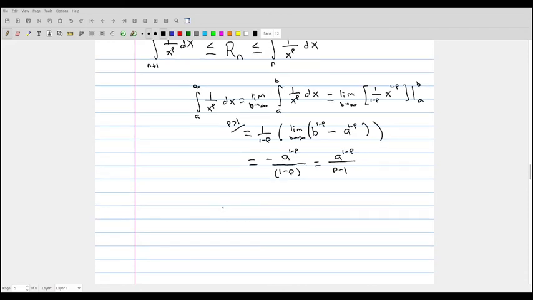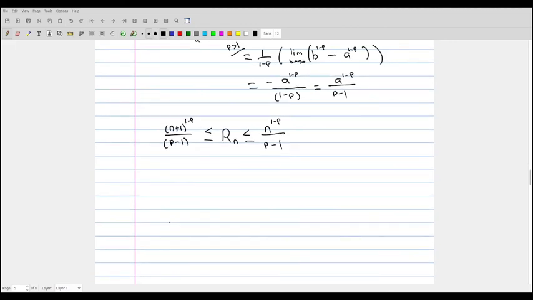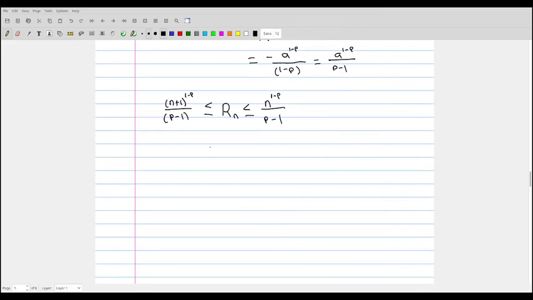So what this tells us about our remainder is that the remainder for this series will always be less than or equal to n to the 1 minus p over p minus 1, and it'll always be greater than or equal to n plus 1 to the 1 minus p over p minus 1. So we can do cool things where we can ask questions like, how far out in the series do you have to go to bound the remainder less than a certain tolerance? Let's say you have some error tolerance and you want to figure out how far out to go in the series